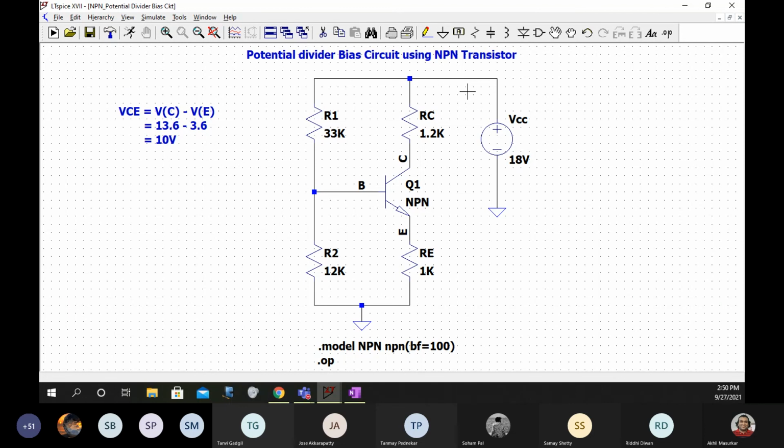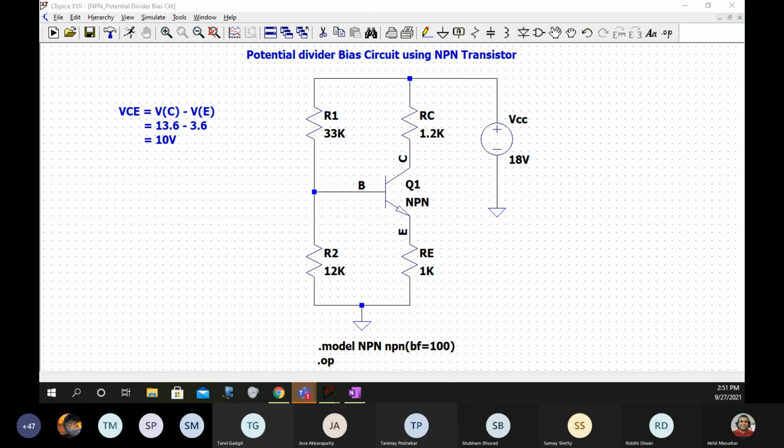So any doubts in this? Are you now comfortable with the .op command? Soham, Tanmay, Jose, Tanvi, Vidhi. Yes, Avni, Ayush, are you getting it?